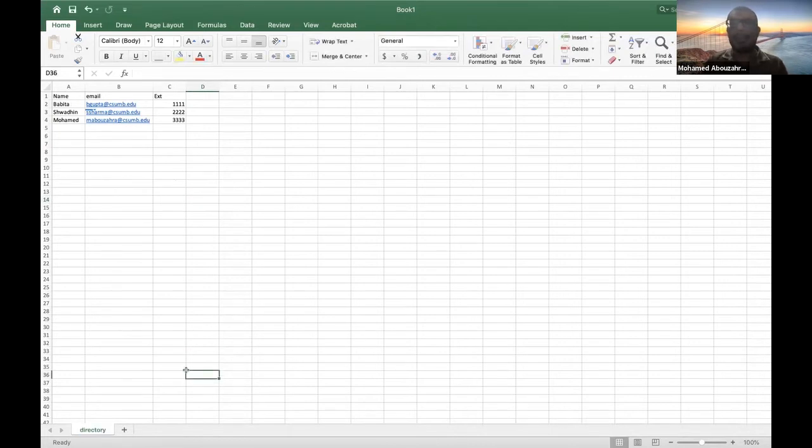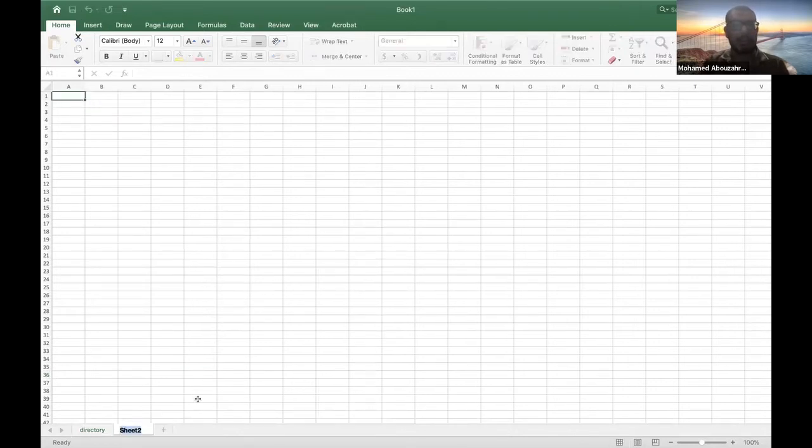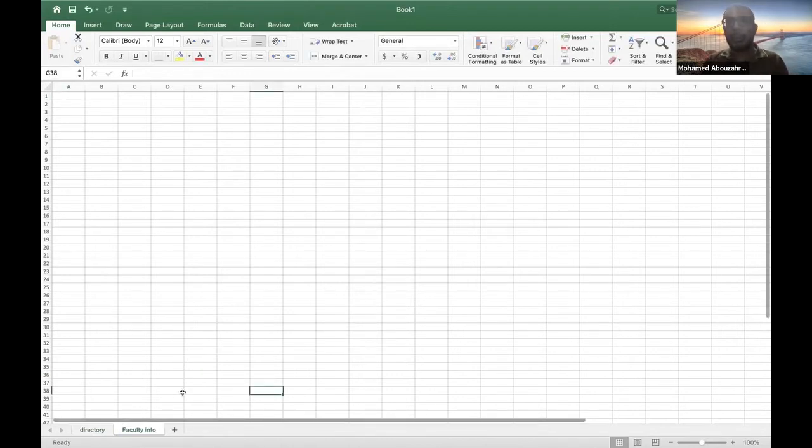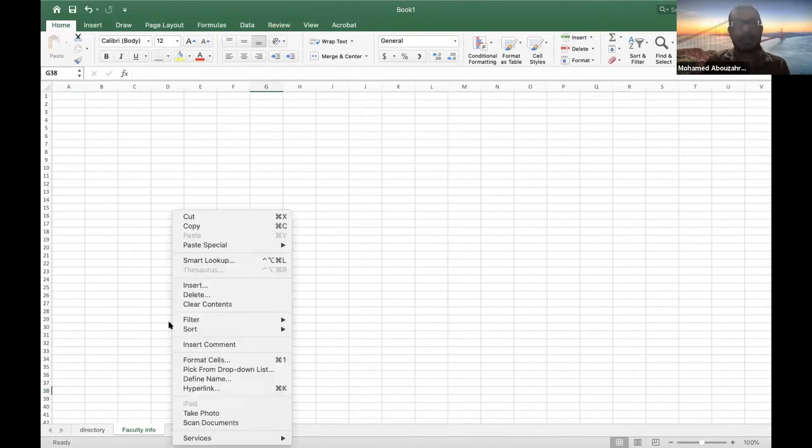Okay, this can be similar to any phone directory or any yellow pages that you can use to look up businesses, to find information about businesses and so on. Just a directory, right? And then we have another sheet. We will call this faculty info. Okay. Now, before I go through the lookup functions, there is a very simple function that I want to